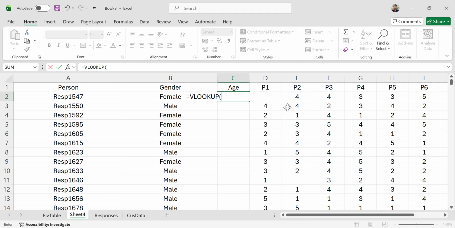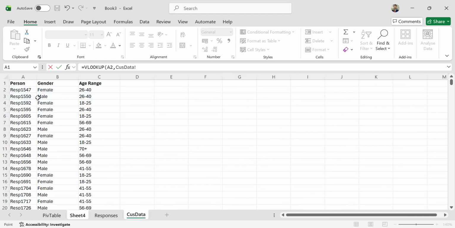Remember guys, the first thing is what you're going to find in here. You're going to find the age, right? So in terms of lookup value, we want to find the age of respondent 1547. It's the same thing we're applying, because we take one to find the gender and the age, and then we can replicate that. So A2 is the reference of VLOOKUP, but from which sheet do we want to find? Remember, we mentioned the customer data. So we are going to highlight this customer data,